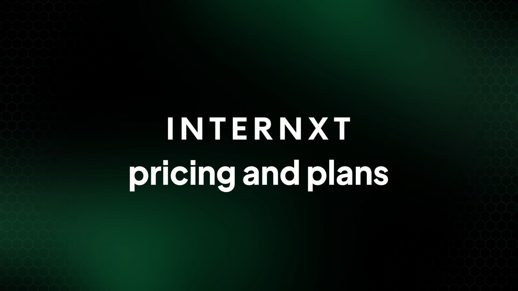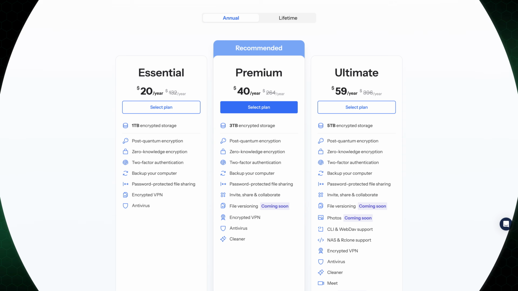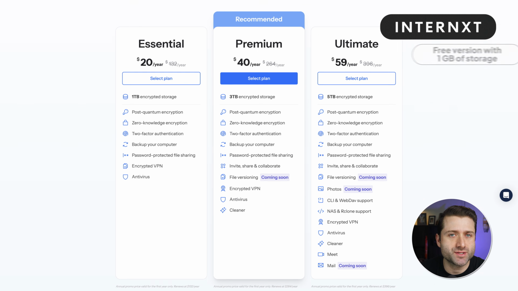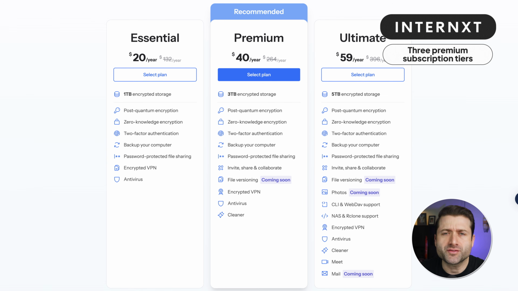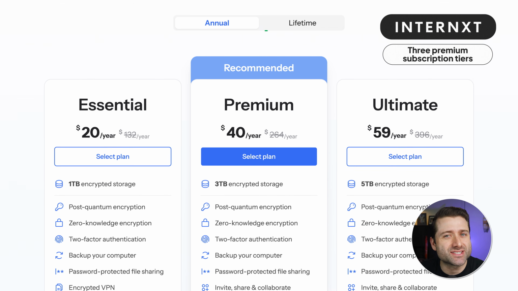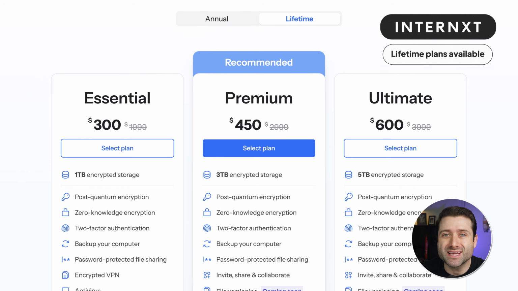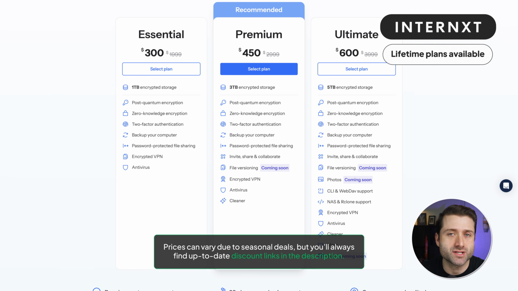Before we start talking about how to use Internxt cloud storage, it's crucial to address one of the provider's main attractions, which is pricing. Initially, it seems pretty standard. There's a free version if you have minimal needs and a few annual subscription options with different feature packages. But if you look closely, you'll notice the Internxt cloud storage lifetime option. This sets Internxt apart from many other secure cloud storage providers by allowing you to unlock permanent cloud storage with